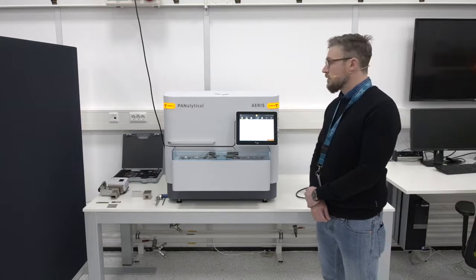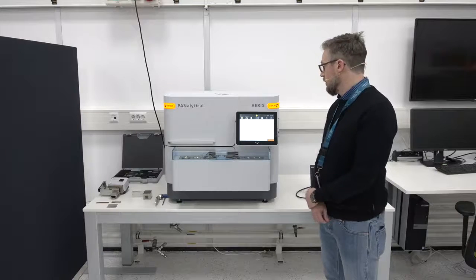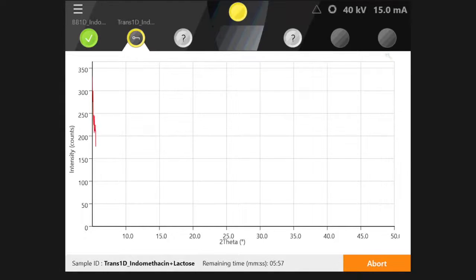So that allows us to prepare very small amounts of sample and very thin samples as well. And by that we can reduce this transparency effect, because generally organic materials are very lowly absorbing. What happens during a Bragg-Brentano measurement is that we face a continuous increase in sample penetration with higher measurement angles, which means we will see a continuous shift in the peak positions at higher angles and also peak broadening.